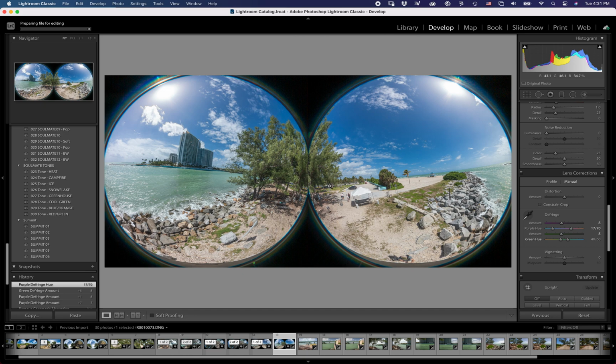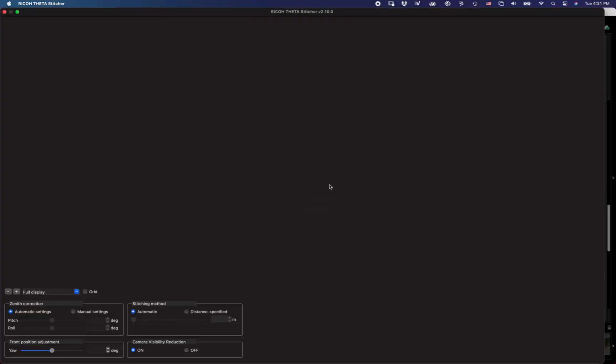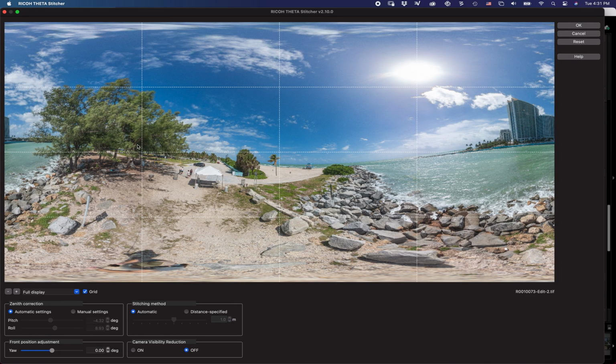and takes a little bit to prepare the file. And right now it shows up. There's the Ricoh Theta Stitcher, you can see right here. Now you can see they merged the image, it is beautiful, but the issue is because I have used a long